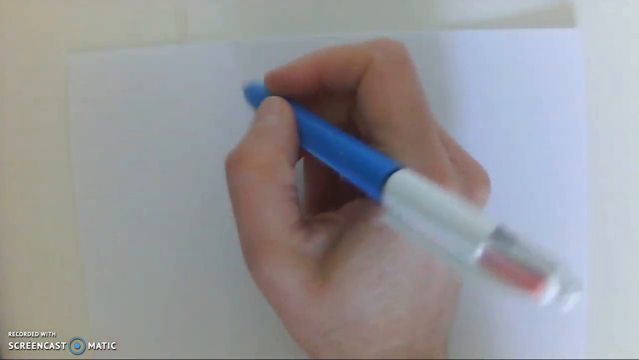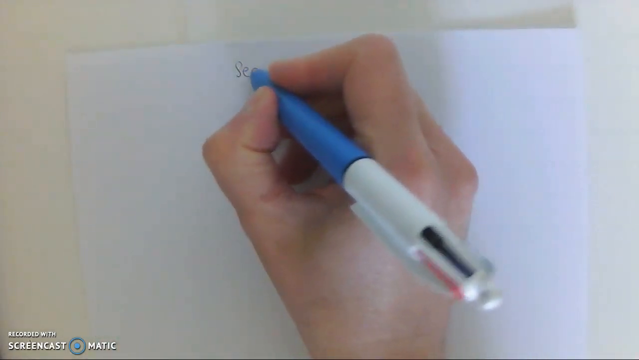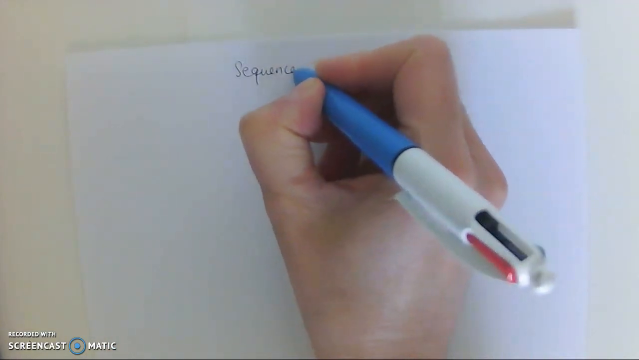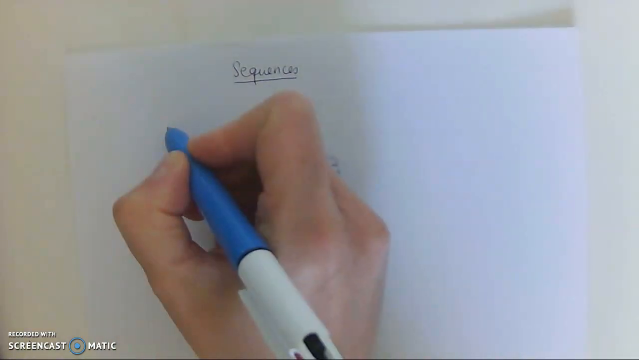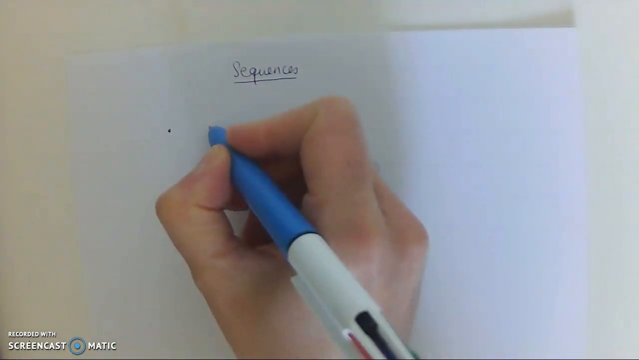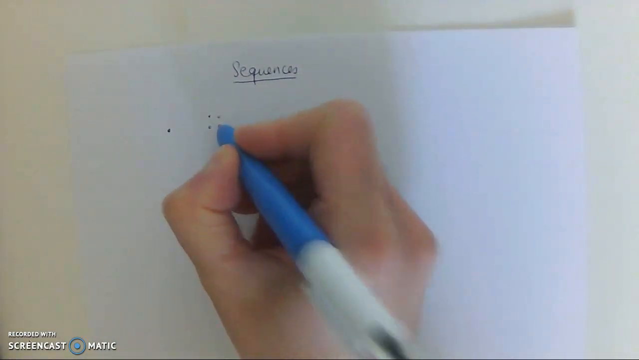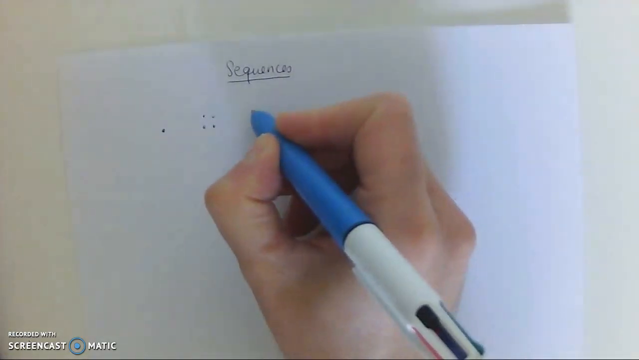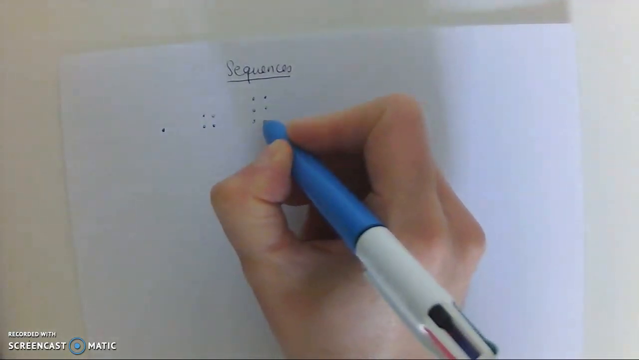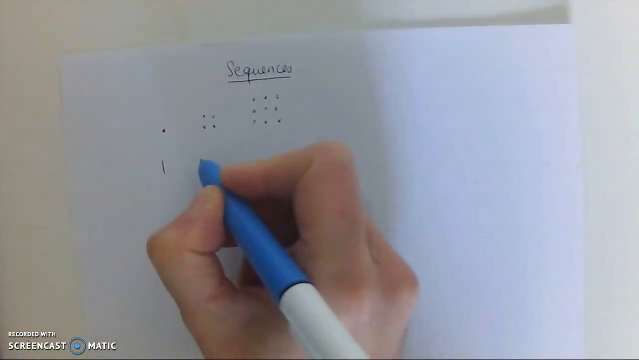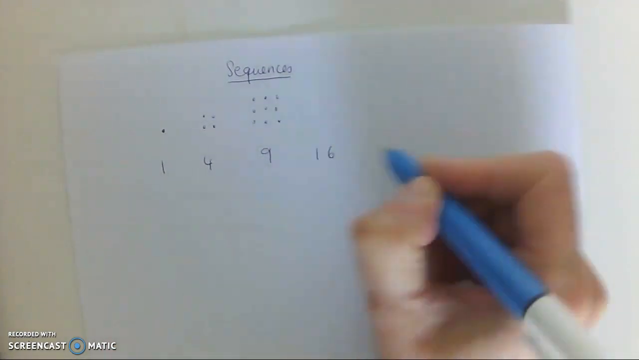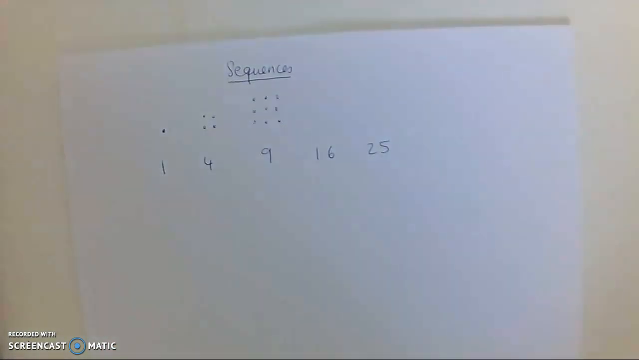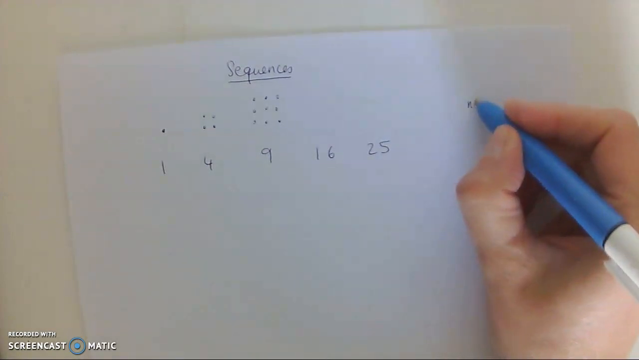Okay, so in the last lesson we looked at sequences, and we sometimes had some pattern where we noticed that the numbers in the sequence were going up by the square numbers. So 1, 4, 9, 16, 25. We said the nth term for this